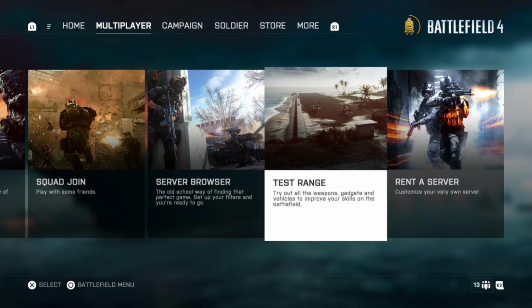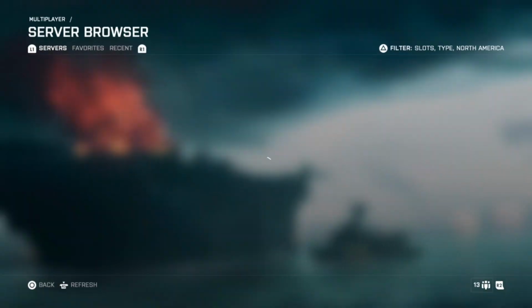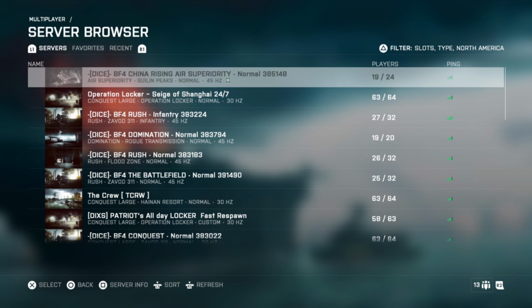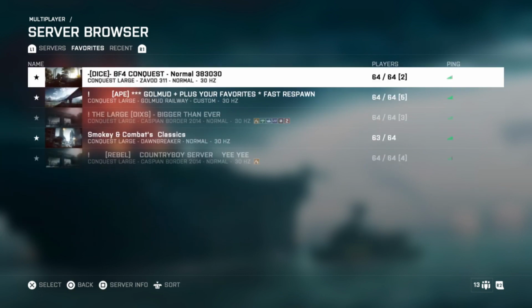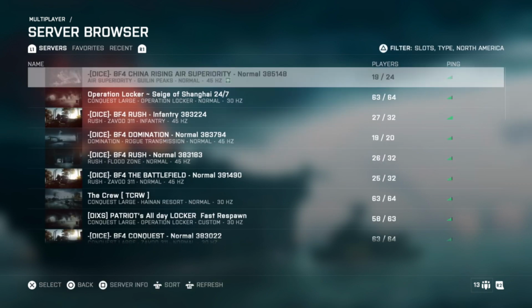You can actually rent servers, and the community has had those servers for pretty much all the games up until Battlefield 5. So if you go into the server browser,